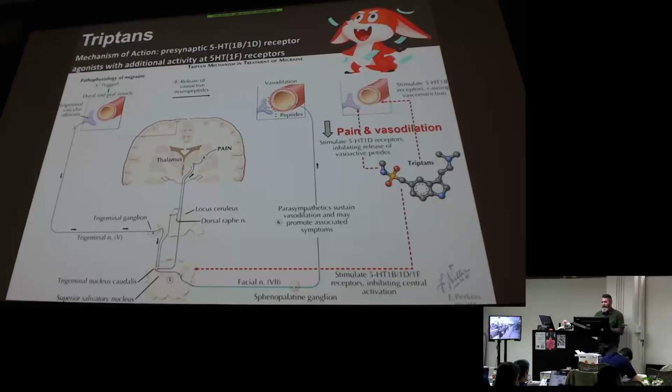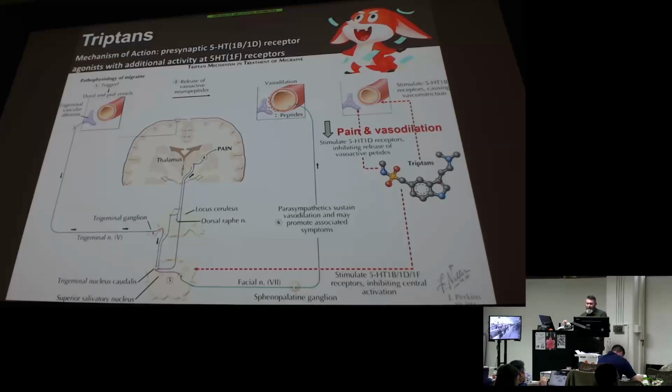If you look over to the far right, it shows the three-pronged attack of the triptans, right? They cause vasoconstriction of the dilated blood vessels in the head. They inhibit the release of vasoactive neuropeptides. Hint, hint, from what we already talked about, a drug class, one of them being CGRP, calcitonin gene-related peptides, and that's why that's a new targeted synthetic therapy. So they inhibit the release of things like substance P and CGRP, things that cause inflammation and can further vasodilate.